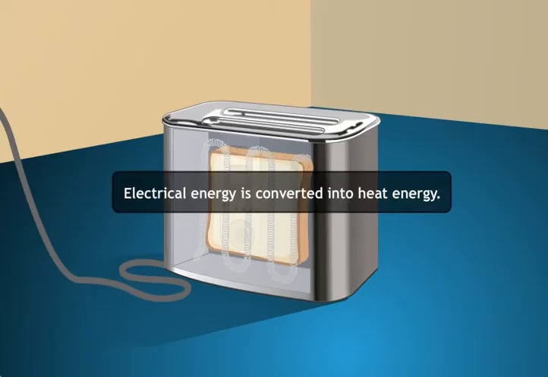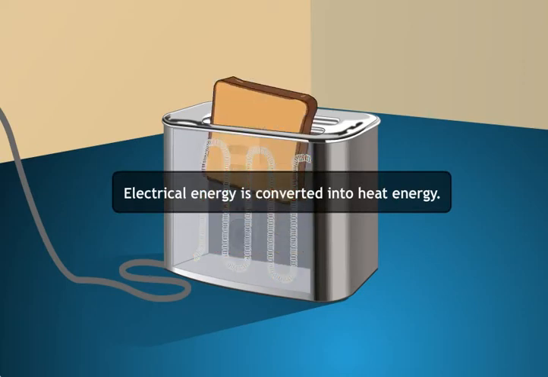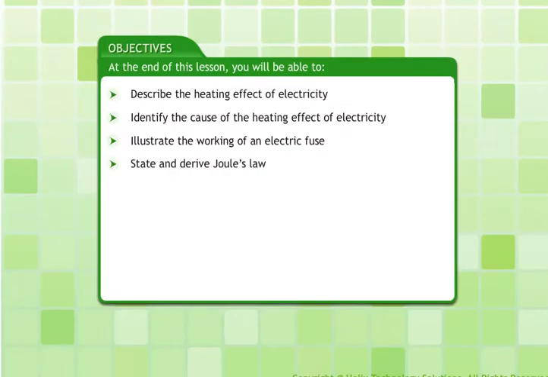Electric appliances convert electricity into heat energy, providing you energy in a form that you can use. In this lesson, you will learn how electrical energy transforms into heat energy. At the end of this lesson, you will be able to describe the heating effect of electricity,